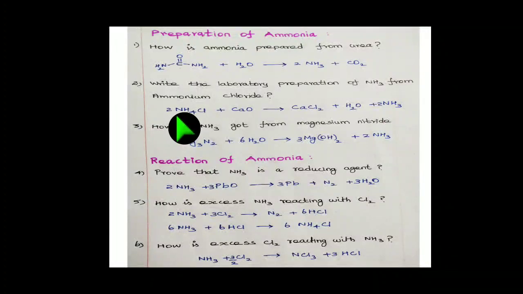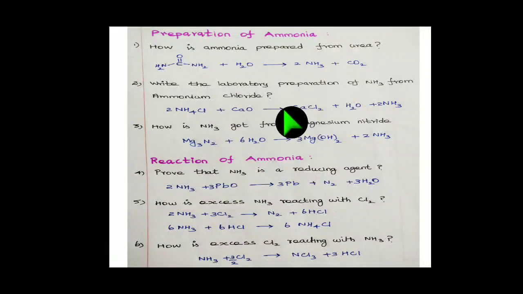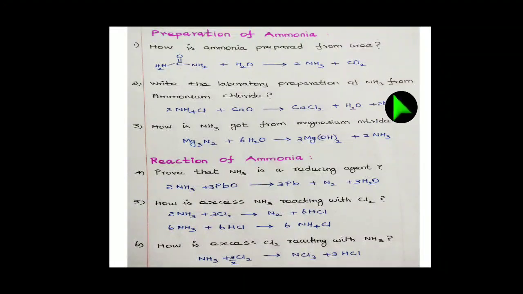Afterwards we see nitrogen here 2, that's why on the right side I put 2. Then hydrogen, 2 into 3, 6. 6 plus 2, 8. Here also 2 into 4, 8. So calcium left side, right side balance. Oxygen left side 1, right side 1 balance. Hydrogen also balance, nitrogen balance, everything balanced. Okay, we move to the next question.